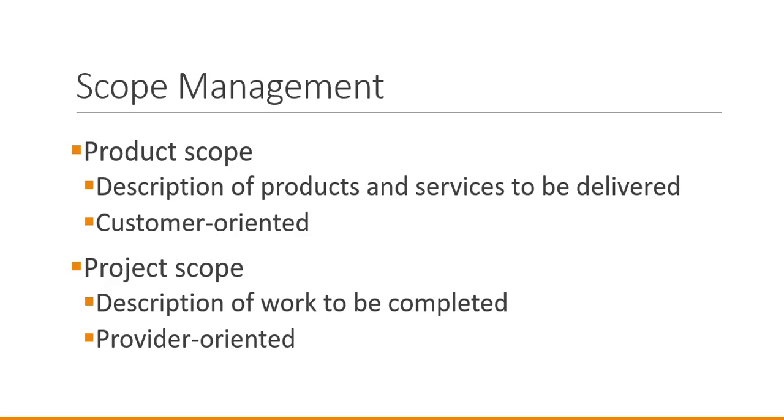The product scope relates to the recipient of our goods or services. This is from the perspective of our customer. The product scope describes the products and services that the project will deliver. And the scope is important because, as we've mentioned previously, scope is one of the constraints of project management. We can't do everything, and we need to be clear on what it is that we are going to provide